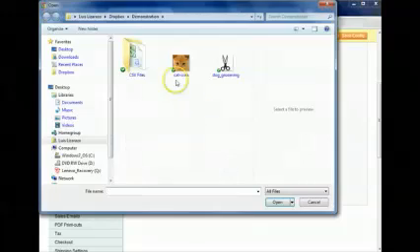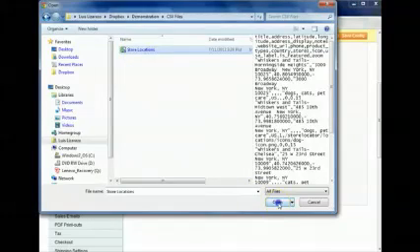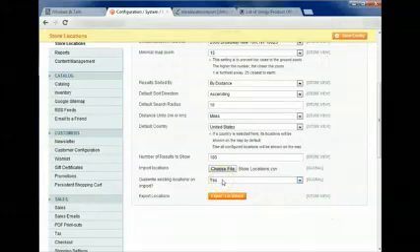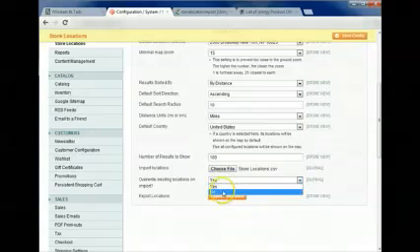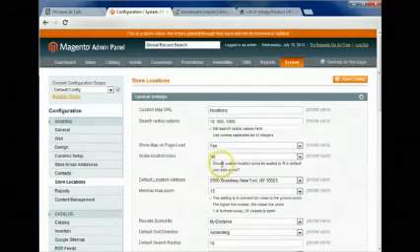If you have already created your CSV file, import it here. Then decide if you would like the import to override your existing locations or add the new ones. To manually enter a location, navigate